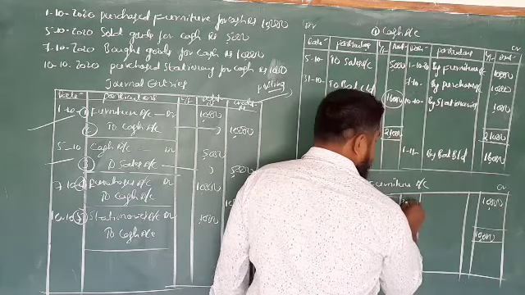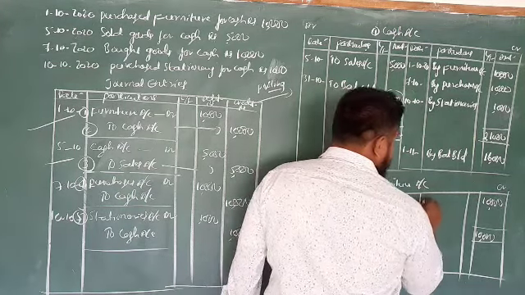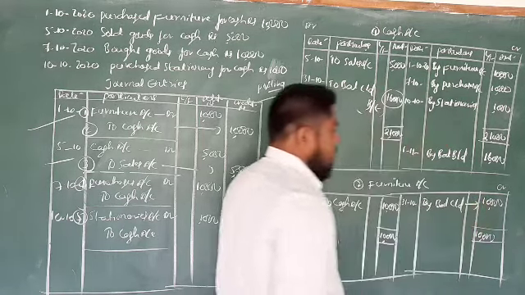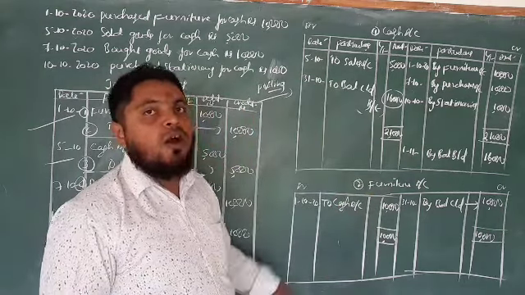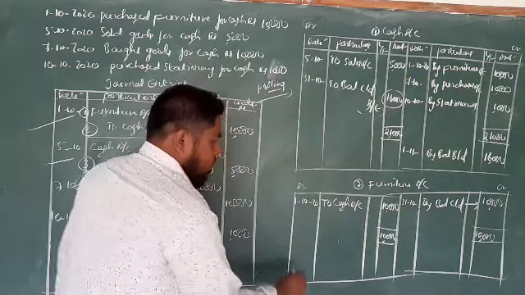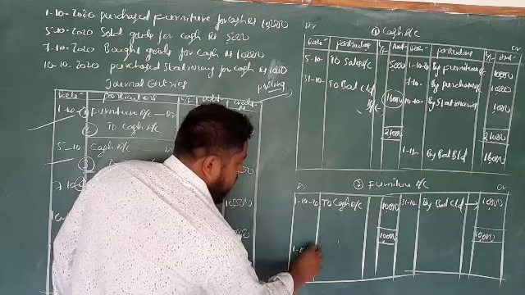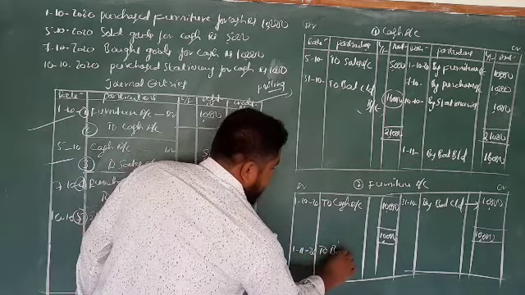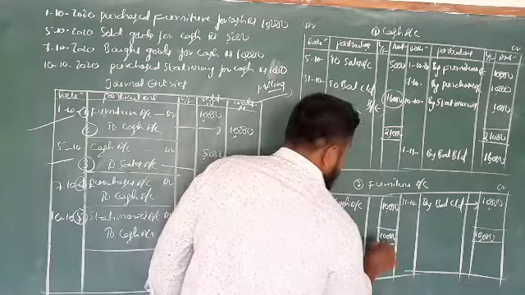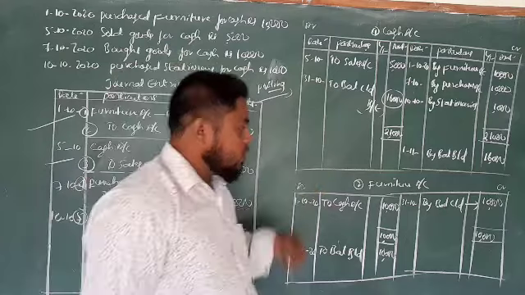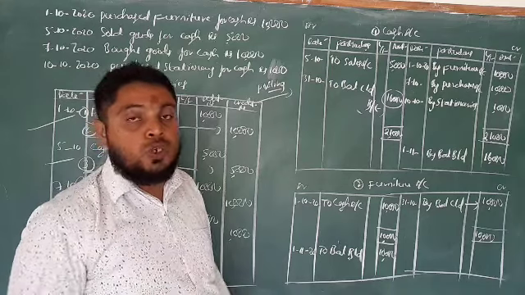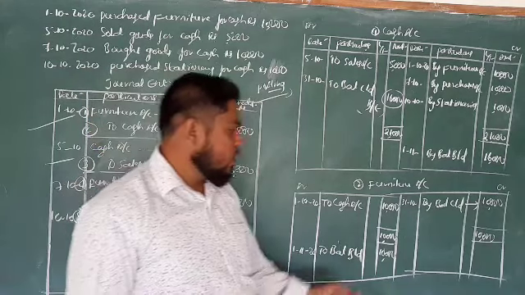So we can close it here, 31st 10, by balance carried down. So this balance we can call closing balance, and this balance is transferred to the next month. So next month, 1/11/2020, to balance amount 10,000. Now, with the help of the ledger account, we came to know that the business has furniture worth 10,000.